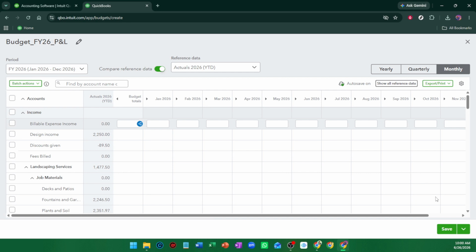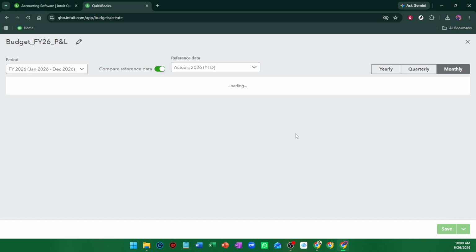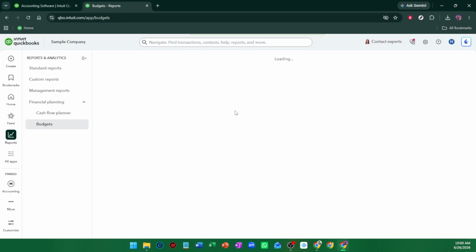Your budget will then be stored in QuickBooks and ready for future review and comparison. That's how to create a budget in QuickBooks. Once your budget is in place, it becomes